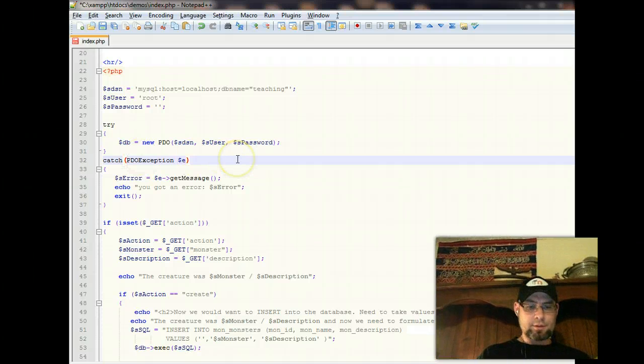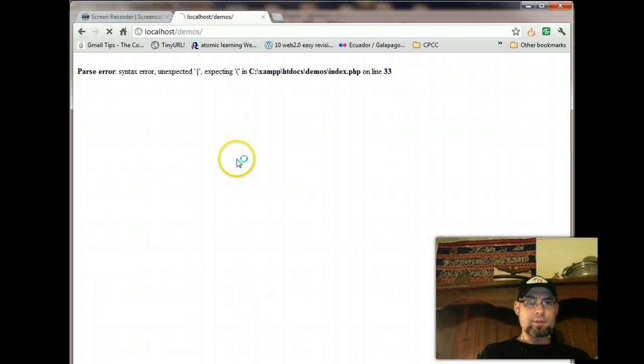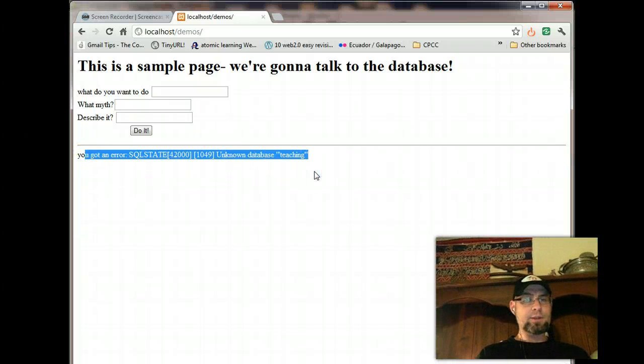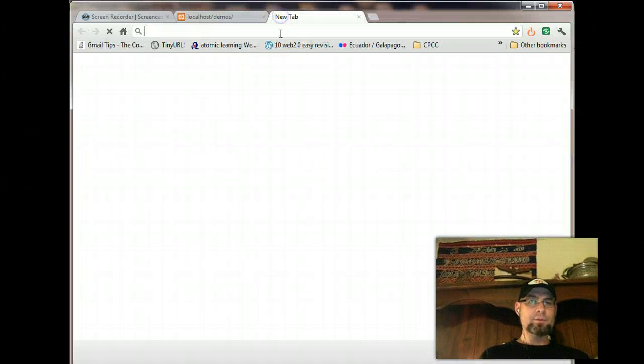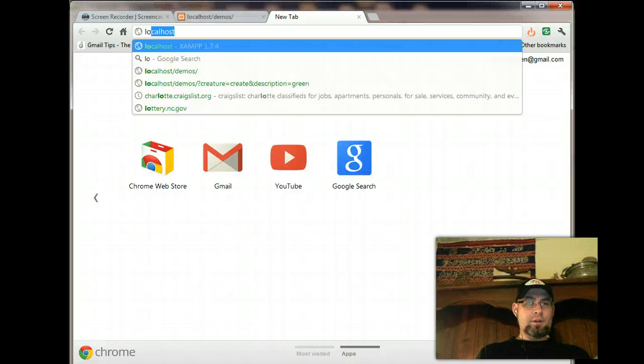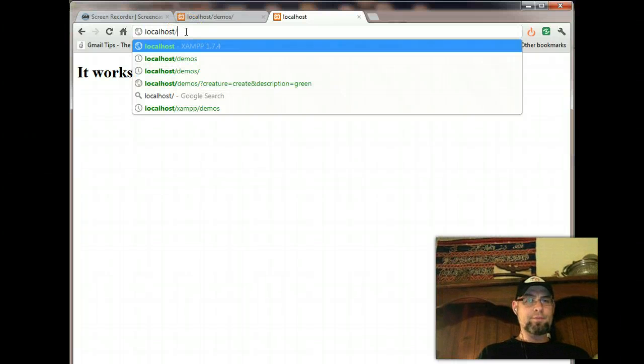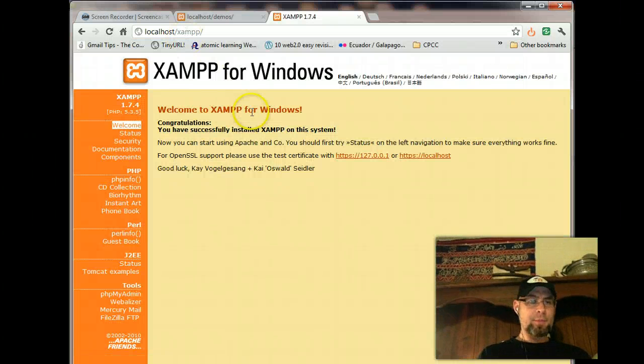So it'll throw an exception. Come back, run it, and it says you got an unknown database teaching, so it doesn't know what I'm talking about. So now I'm going to jump over to localhost, and I think it was XAMPP and phpMyAdmin,